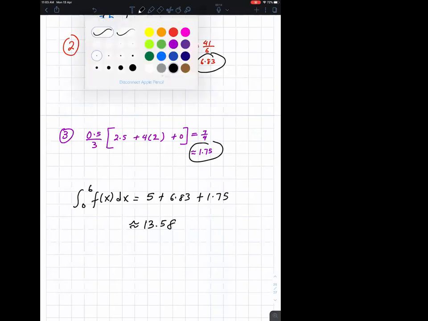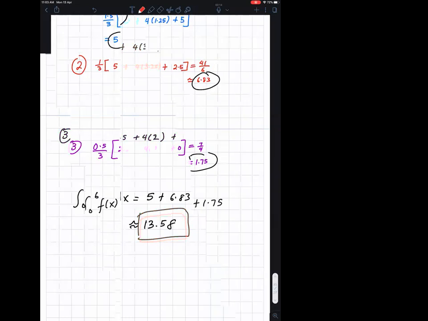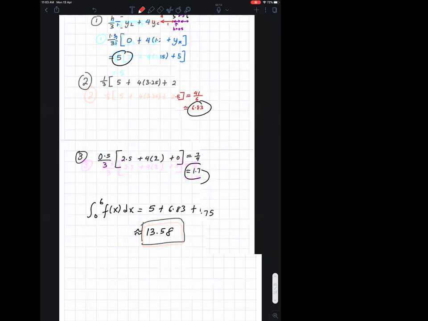So that's the answer, the approximate answer. Okay, I already covered one concept today, so I want to give the students some time to